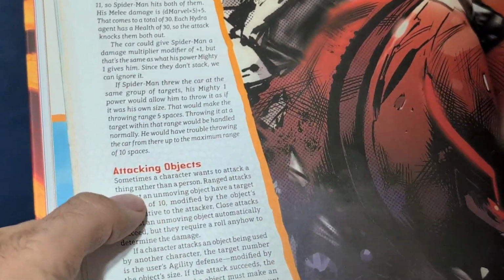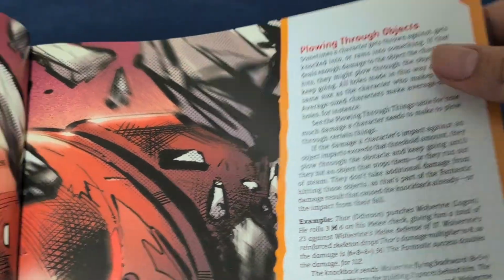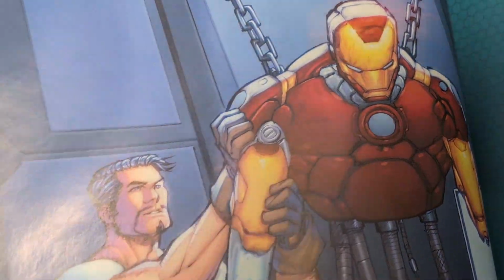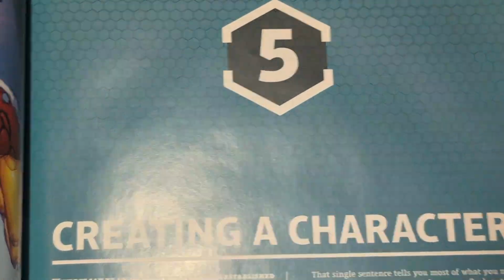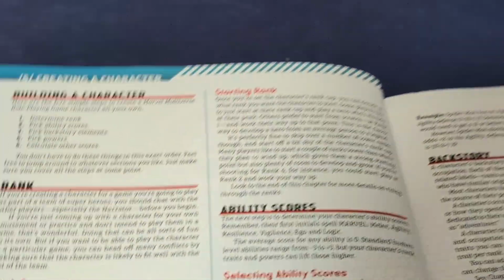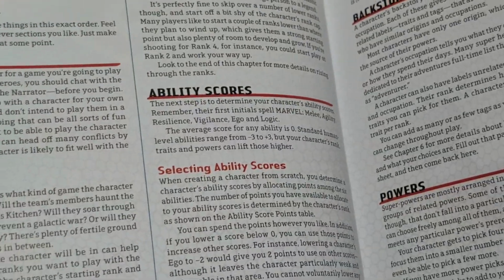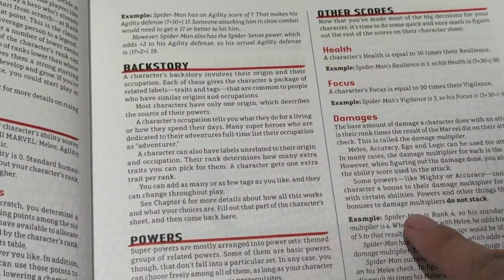Attacking objects, plowing through objects. And then the next section here is the section on creating a character. And this might be everybody's favorite section. This might be the section that you consult more often than not in the preparation of your own character. And it talks about building a character and their rank and their ability scores, of course, their backstory, their powers,